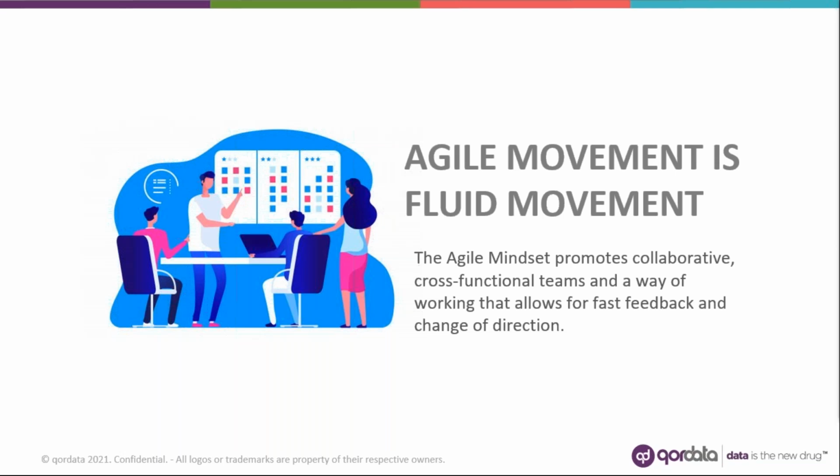The great thing about agile is its fluid movement. It promotes collaboration within teams and cross-functional teams that have everyone to deliver value. The collaborative teams deliver value together, both in their teams and with customers. Along with this, fast feedback lets teams constantly measure if they are delivering value and adjust if needed. Basically, this is the ability to be nimble and fluid.